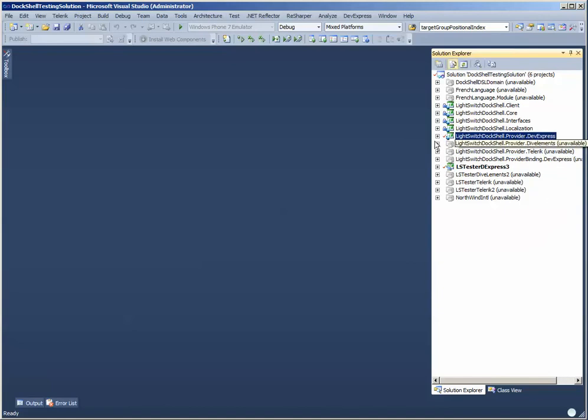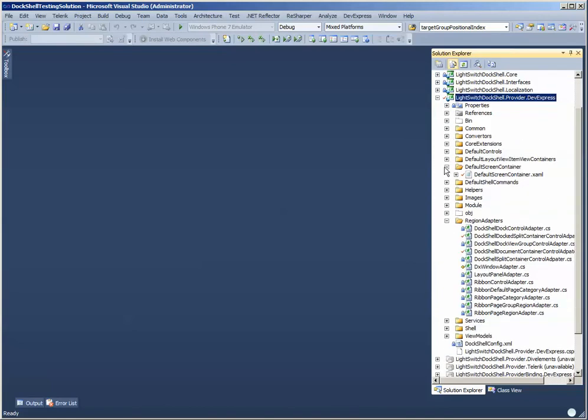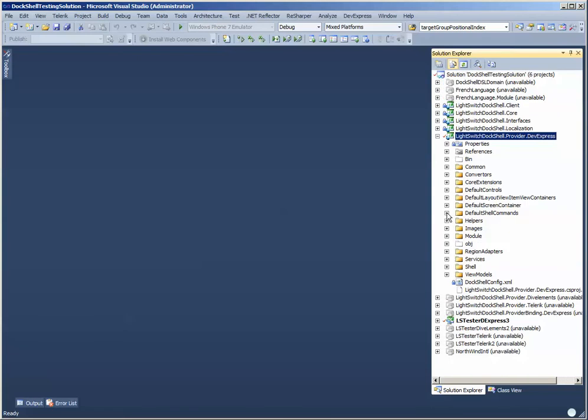Basically, this is an advanced video, so if you haven't played around with it or watched some of the other videos on DockShell and the framework, it might be a good idea to pause this video and then come back to it, because you might get a bit lost as to what we're doing and what the objective is. In what we're going to do, we'll have a bit of a series, multiple videos,